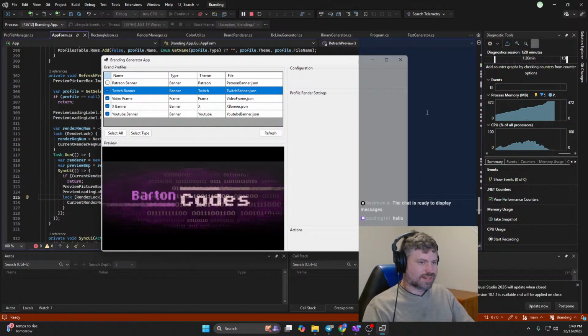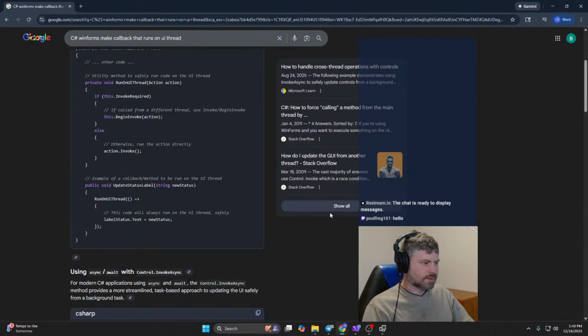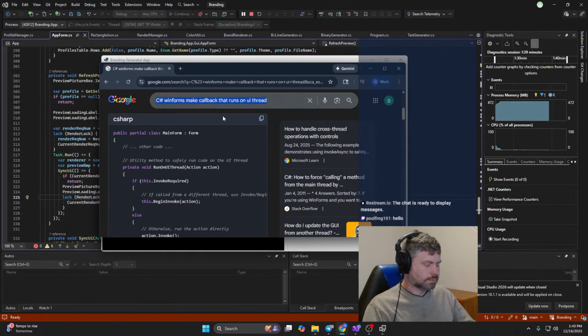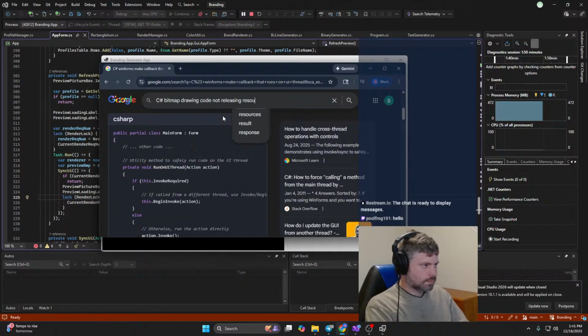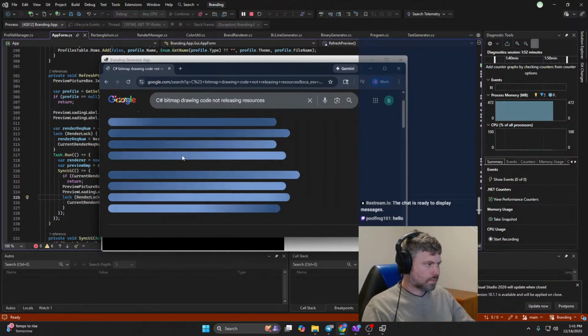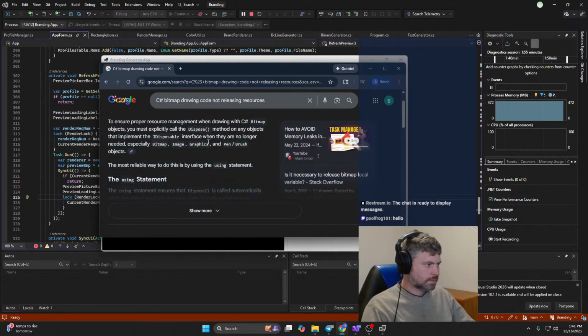Oh yeah, I clicked around a bunch and now it spun up the memory. I need to figure out whatever memory leak thing is going on there. First, let me just do a quick Google on that. Do I have any general guidance on that? Explicitly call dispose on any objects that implement IDisposable when they're no longer needed, especially bitmap, image, graphics, and pen and brush objects. So,